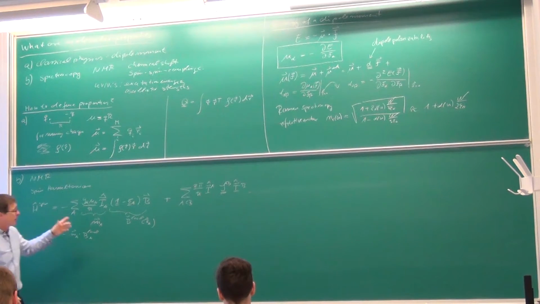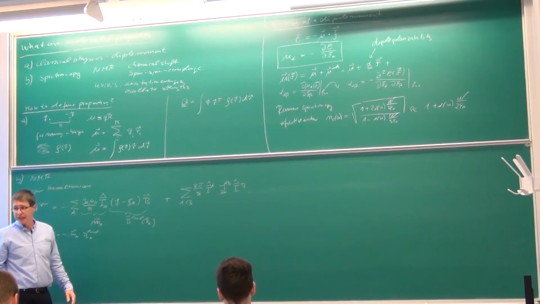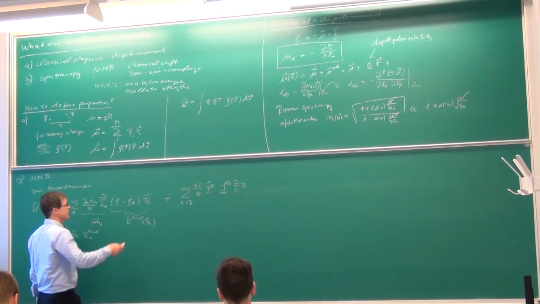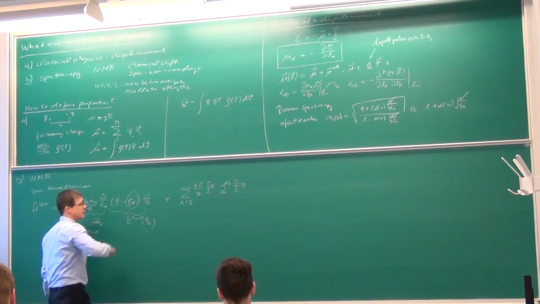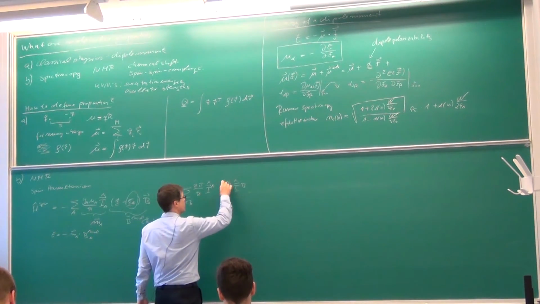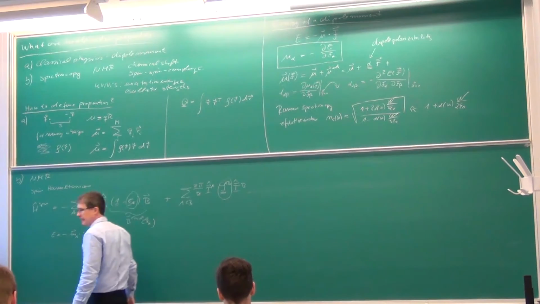Now the molecular properties we have in this spin Hamiltonian are obviously here the shieldings, and here this spin-spin